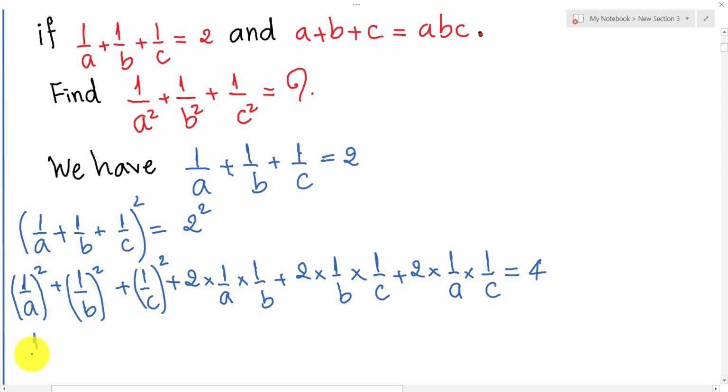And this is equal 1 over a square plus 1 over b square plus 1 over c square